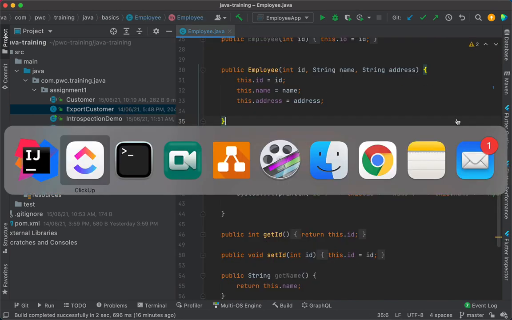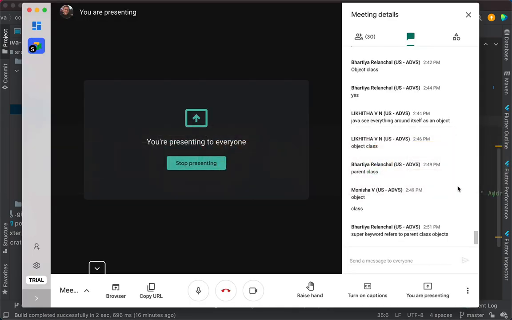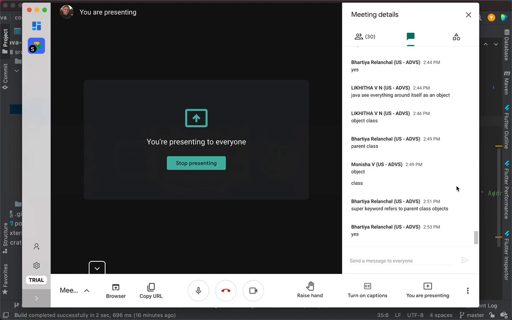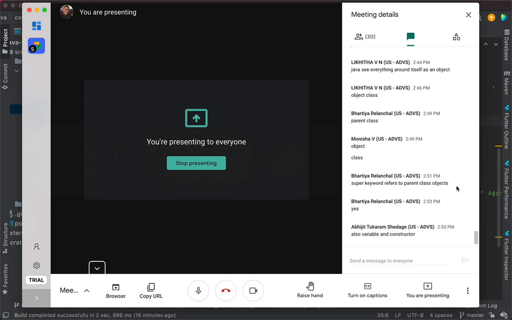Do you have any questions on this point that the super keyword refers to the parent class? Not the parent class object. It refers to the method that is declared in the parent class. Whenever you have a class inheriting from another class, and you create an object of the subclass, please don't think that the object of the superclass is also created. No, never. The object of the subclass is created, unless you explicitly create the object of the superclass, and that too, if that superclass is non-abstract, you will be able to create an object of it. Otherwise,